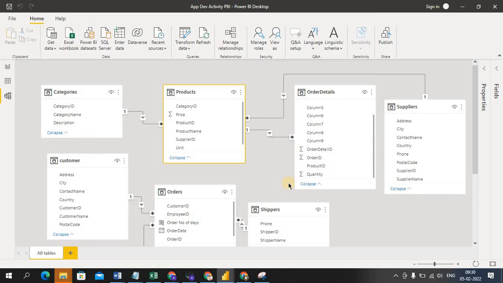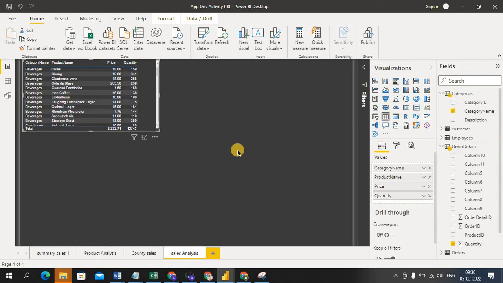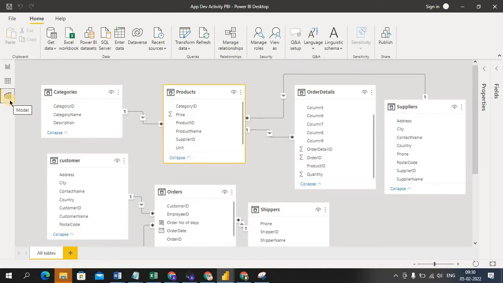Okay. Now, on the front end, all these tables are built on relationships, so the data is coming fine. Now in the back end, this quantity field is coming from the order details table, right?